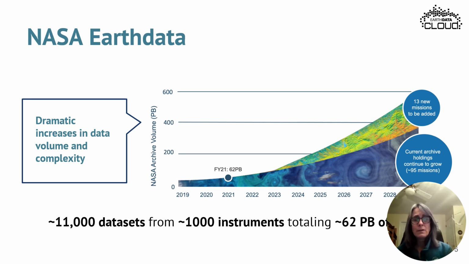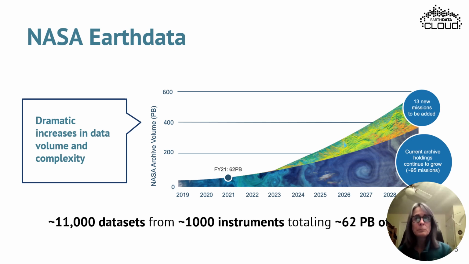Of course, this all is leading to dramatic increases in data volume and complexity. In 2021, we're sitting at about 62 petabytes. That's grown to current values. So we're up to tens of thousands of data sets, thousands of instruments. And you can see from this graph that it will just continue to grow. And it makes sense to move the data that NASA Earth Data holdings are from on-prem storage into a cloud-based